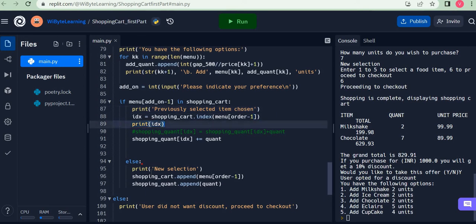Maybe let's just print idx also, just for the sake of it. But again, remember, this need not be add order, but in fact this has to be add on. So once I do this, now I must go and update the shopping quant,